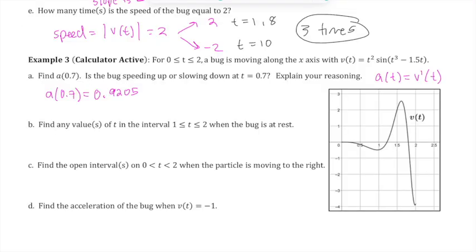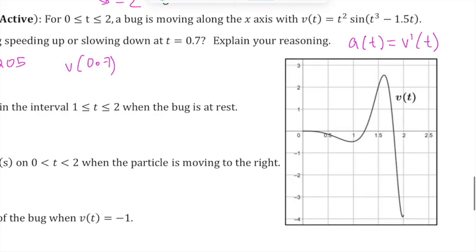Okay, so we found that part. Now it does say, is the bug speeding up or slowing down? So we need to check it with velocity. So the velocity at 0.7. And again, we can just come over here to the function. At 0.7, it looks like we're here. We're negative. That looks to be